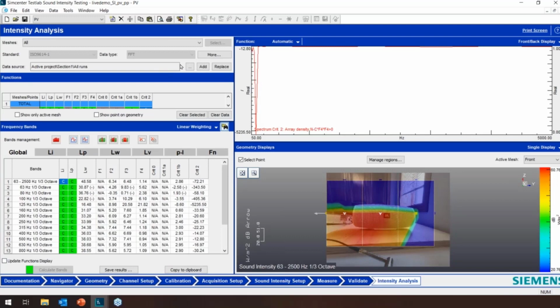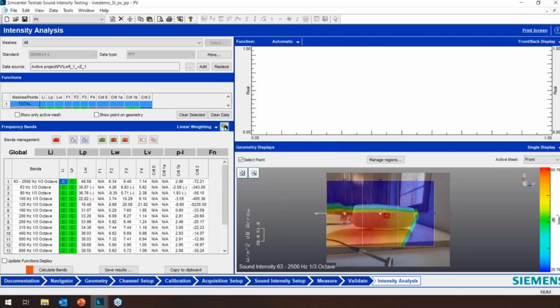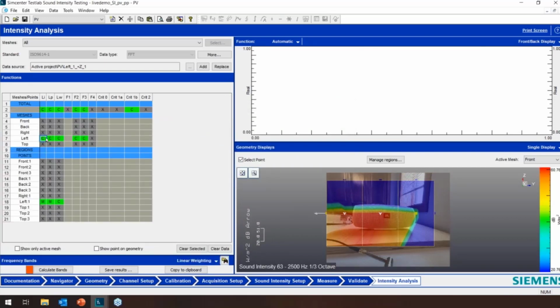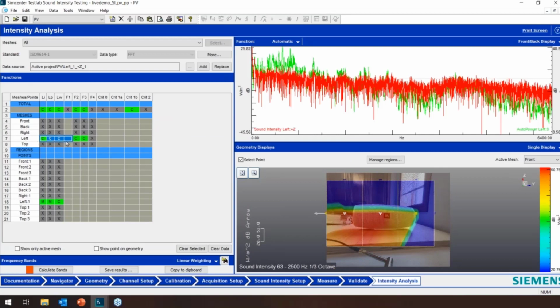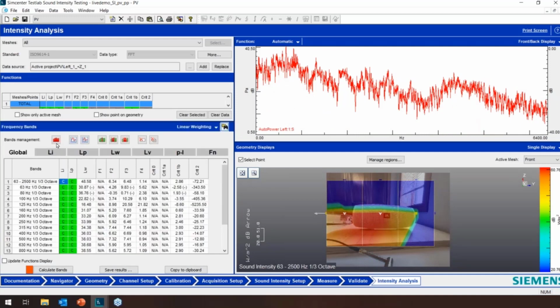We have all the data from before. We have to re-add in this new data. So we're going to go to section PV. I'm going to use my first run because my second one was an accident. I'm going to hit replace, double check and make sure that all I've done is the left. I've measured and then I've calculated all of these. And then I'll go back down to,